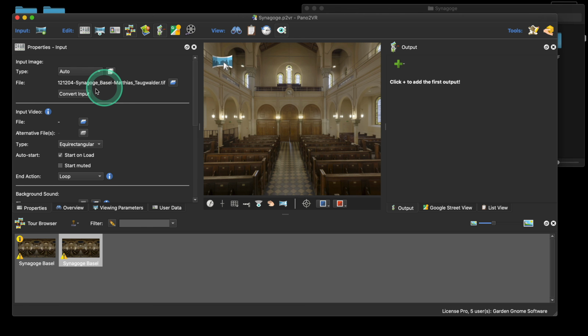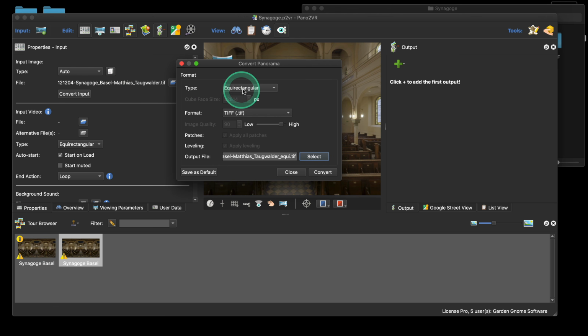And then what we can do is convert input, and we are now going to convert that input image to an equirectangular, but the format will be TIFF. And we automatically look at the TIFF file, and if it's too large, we automatically use this big TIFF type format. It's still .TIFF, but we will use this